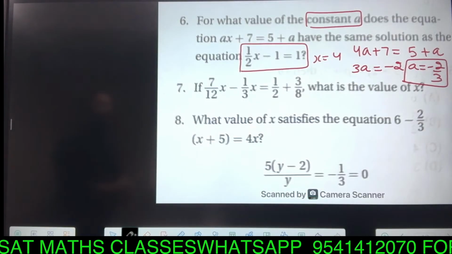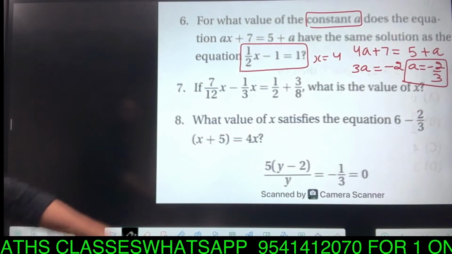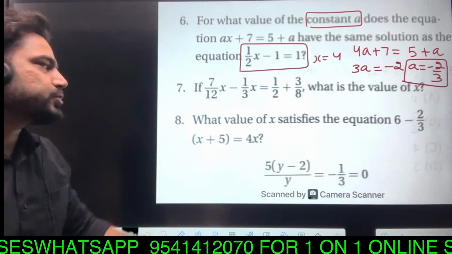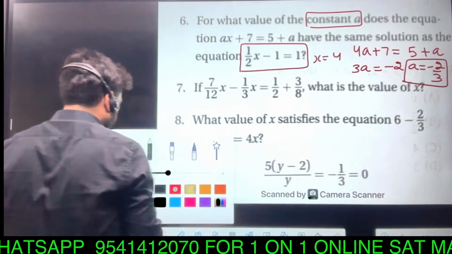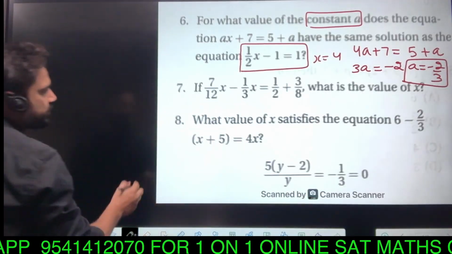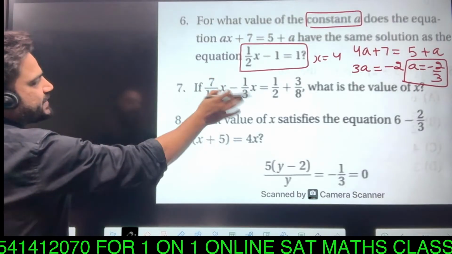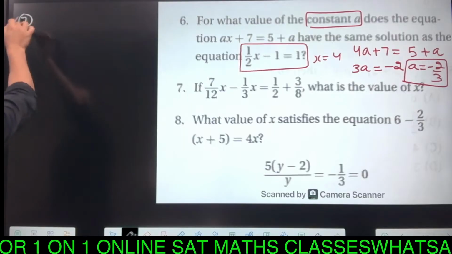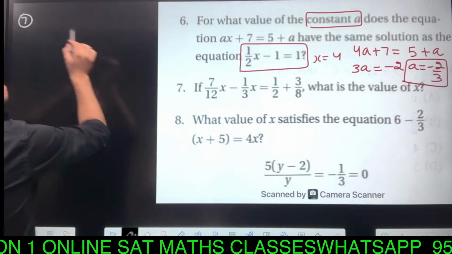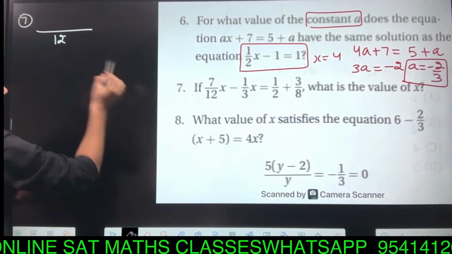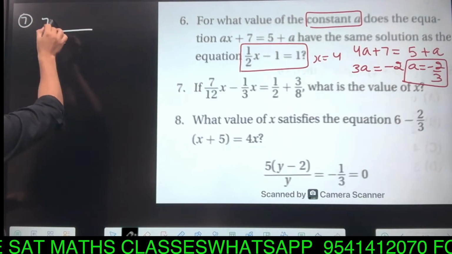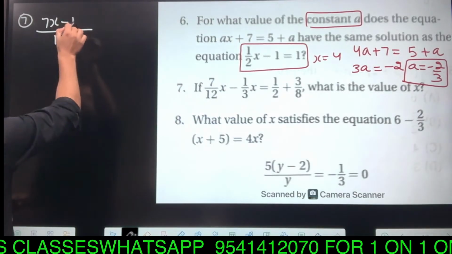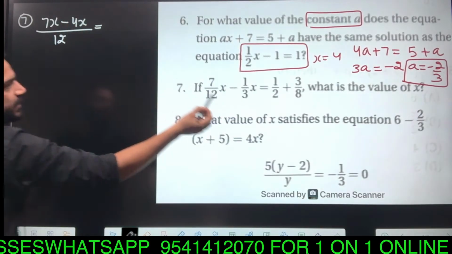In the 7th question they are saying, if 7 by 12 x minus x by 3 is equal to 1 by 2 plus 3 by 4, what is the value of x? How to solve this? Again, what we will do in this question, we just have to take the LCM. What is the LCM of 12 and 3? 12 and 3 LCM you have to take. If we take the LCM of 12 and 3, the LCM will be 12 and it will be 7x, simple calculations, it will be 7x minus 4x is equal to,